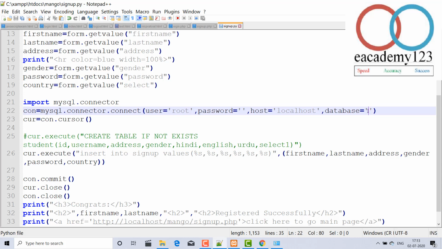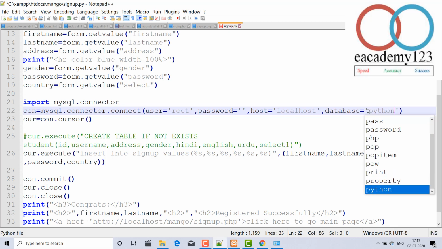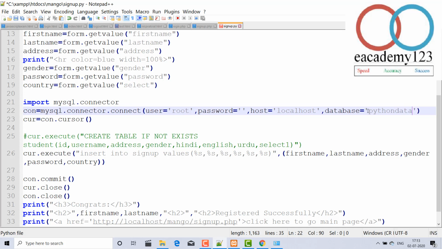I am just taking a very easy, simple name: my database, Python data, simple Python data. This is my database name. Just copy it and create the database.